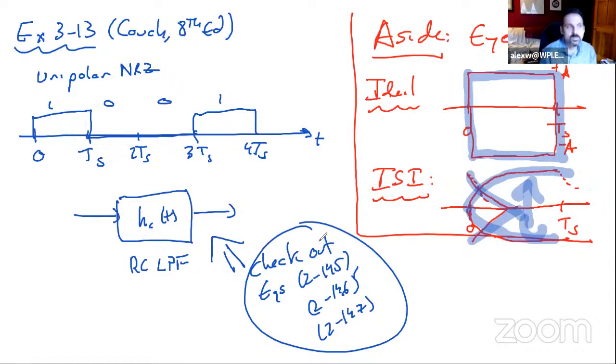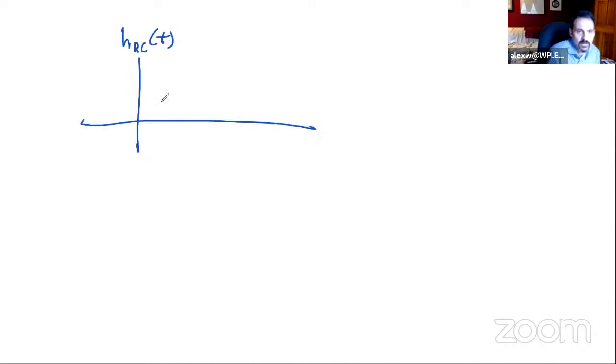Okay. So what this is going to look like, this is very important. This looks pretty much like the distortion that I've been talking about. What that HRC, which is the channel environment, is going to look like this. Whoa. And it's going to have amplitude distortion. It's going to scale it down by RC. And my time constant is going to be equal to that guy,